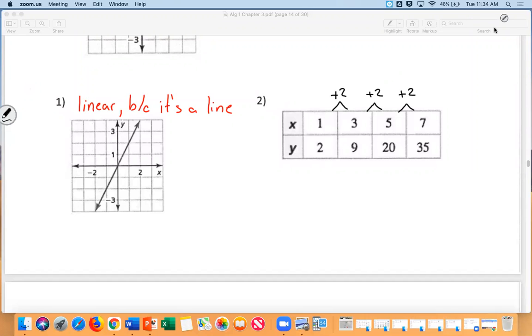So that looks good, right? 2 to 9. 9 to 20. 20 to... Are we going by the same amount? No. Notice the x's went by the same amount, plus 2, plus 2, plus 2. But the y's went plus 7, plus 11, plus 15. So this would be nonlinear